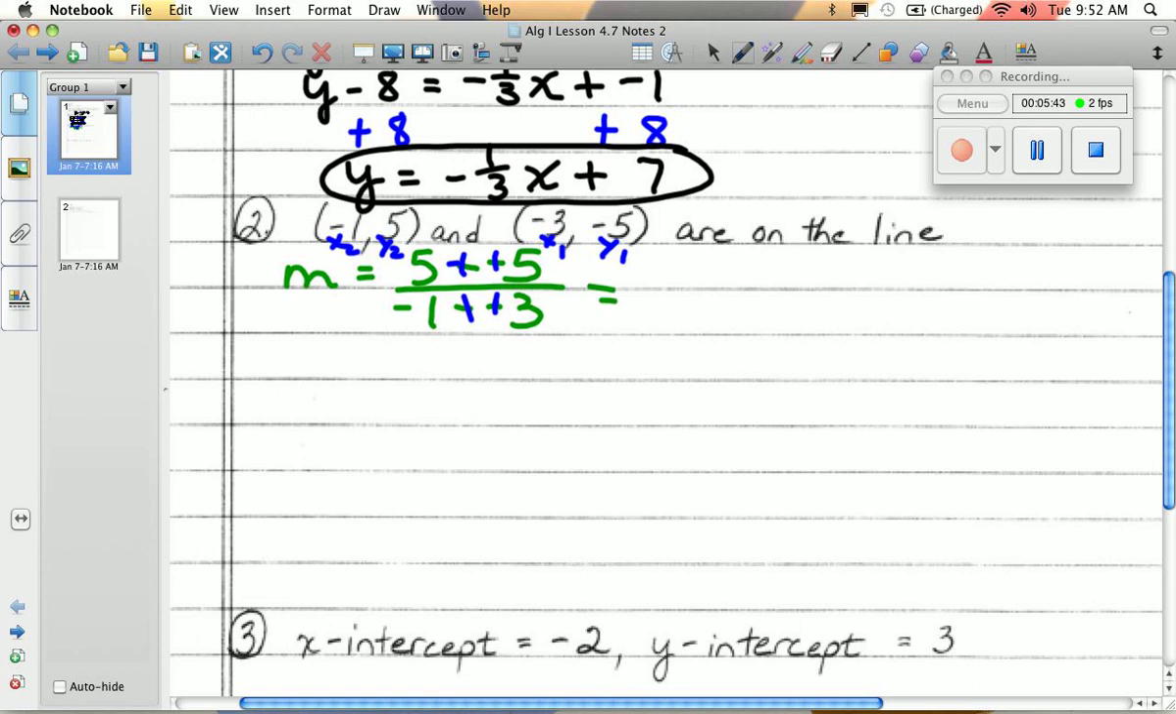What's our rise? 5 plus 5? 10. What's the run? 2. 2, negative 1 plus 3. Simplify. 5. Okay, so we now know that the slope is 5,